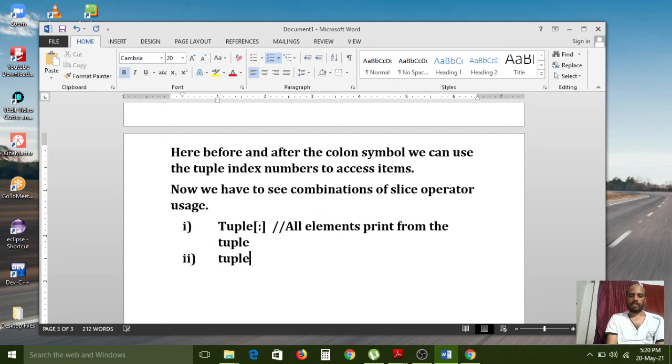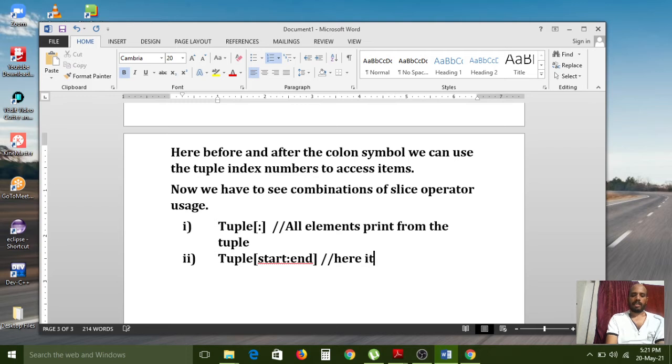And tuple opening bracket start colon end. So here, in the start one value and end one value. Items start through end minus 1.